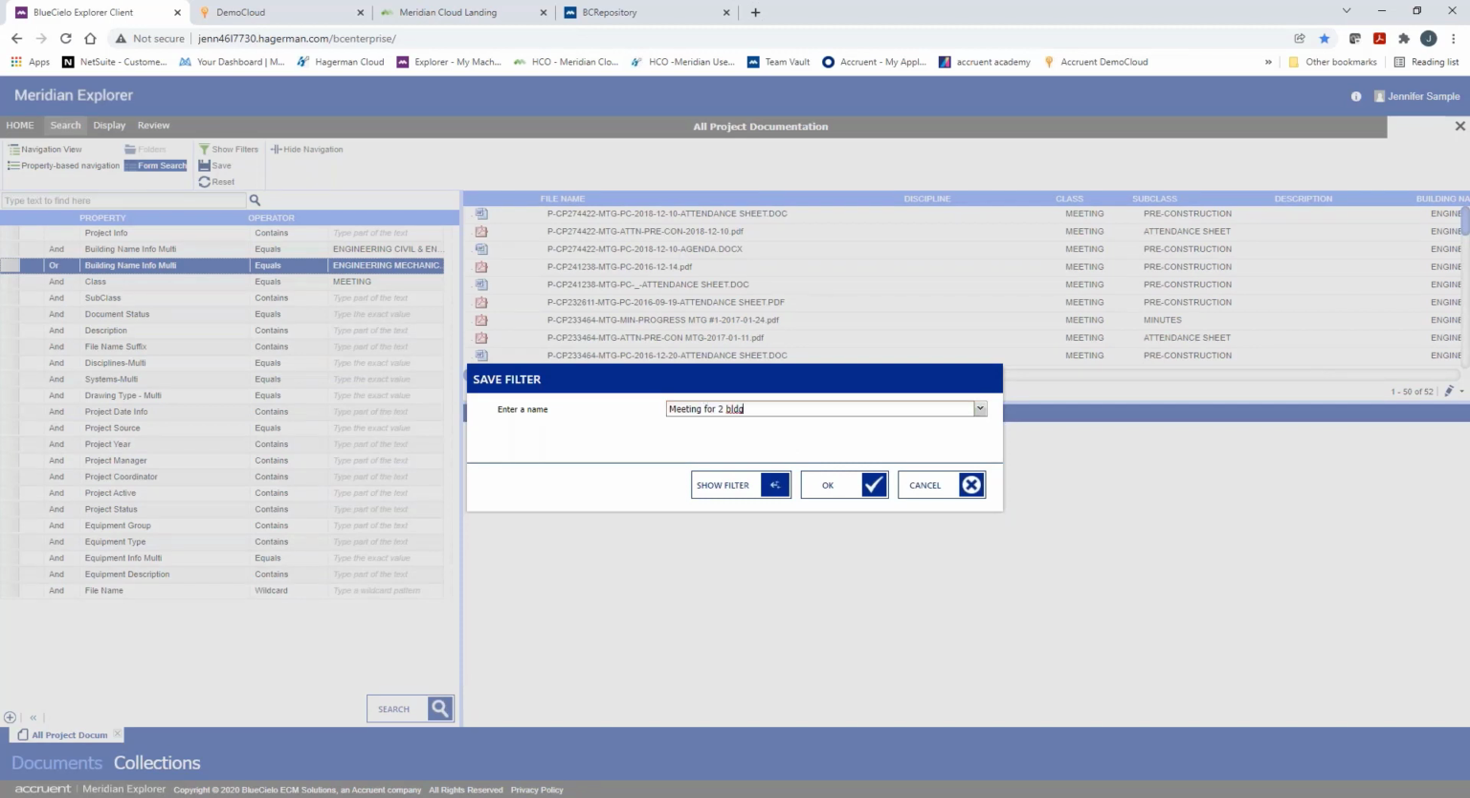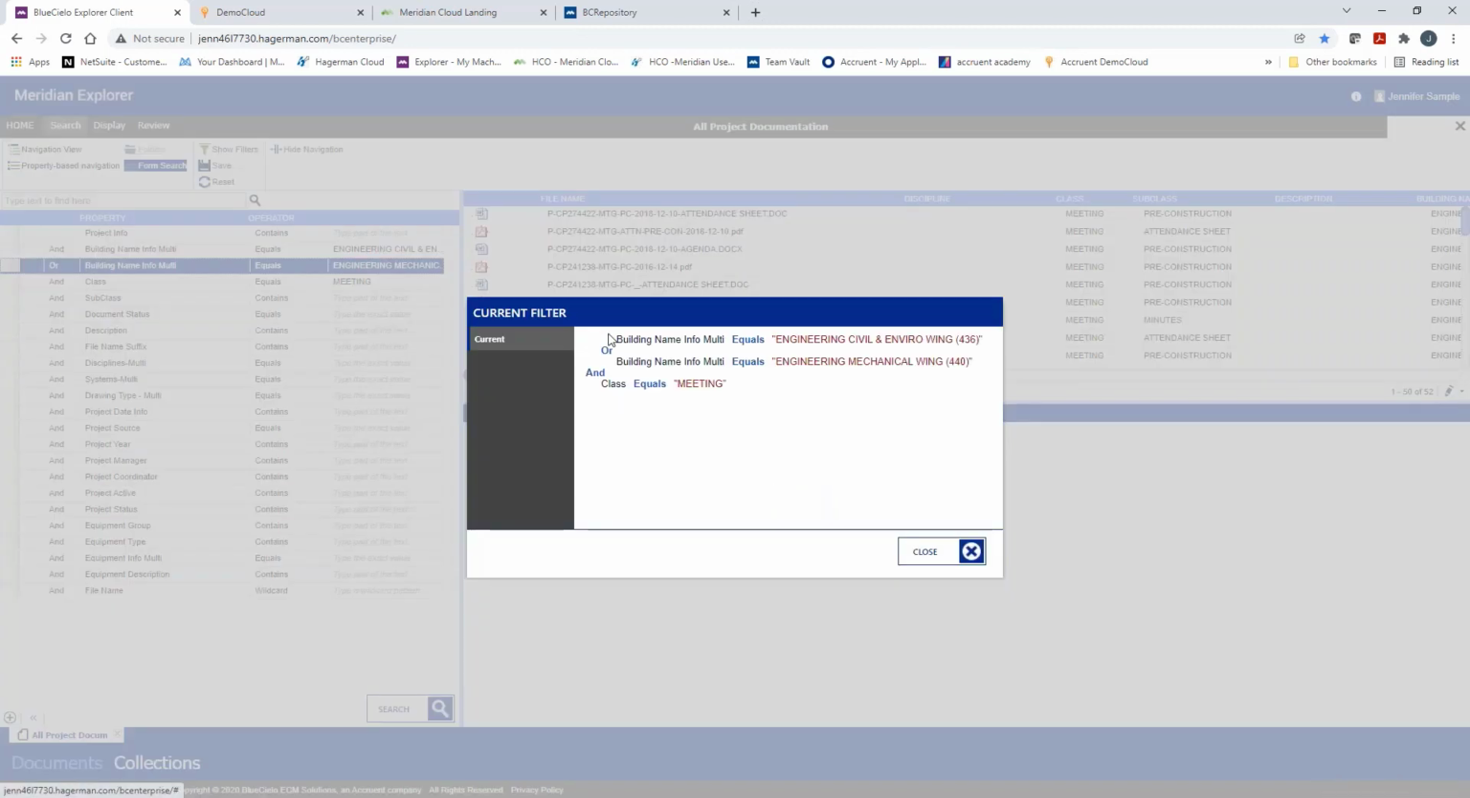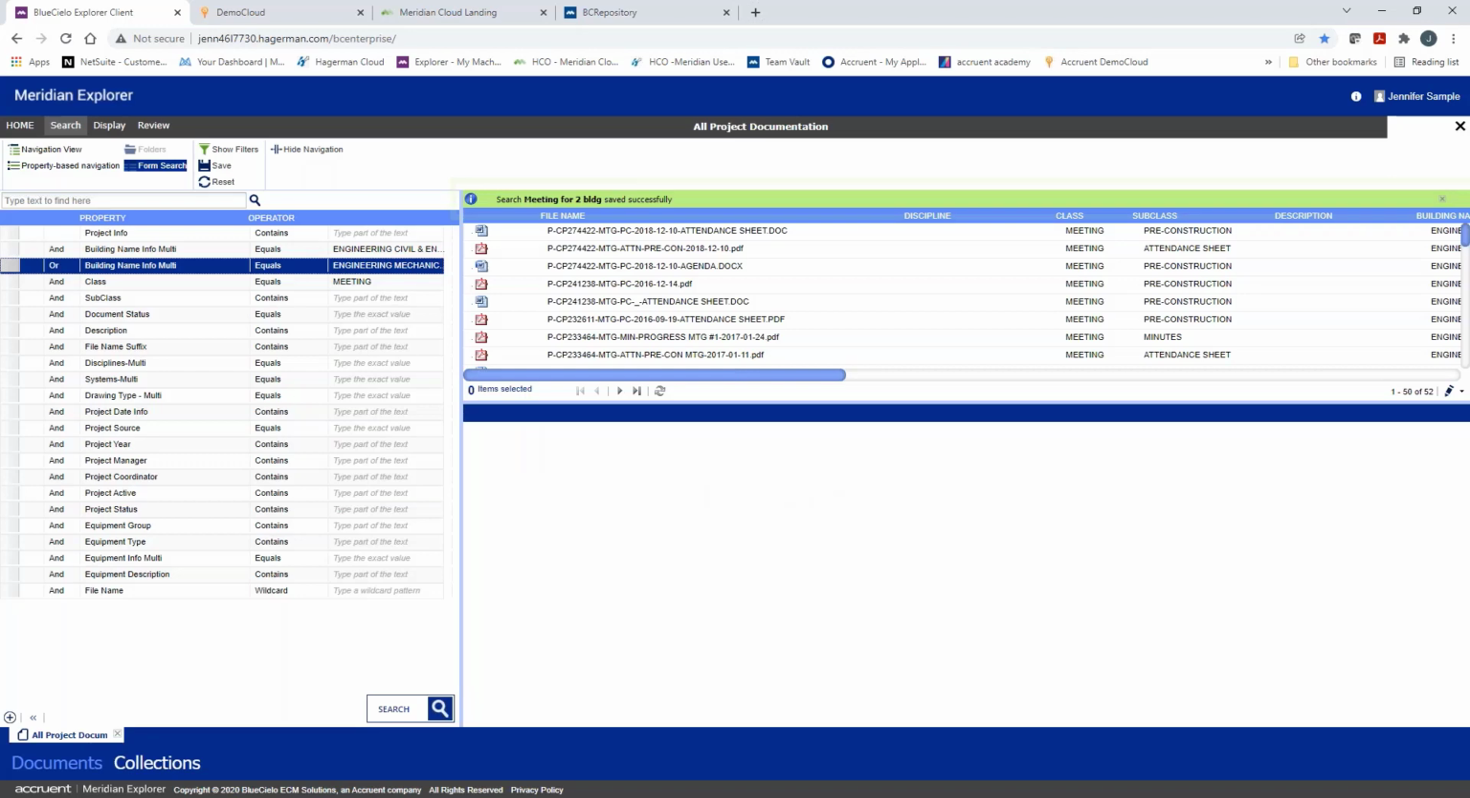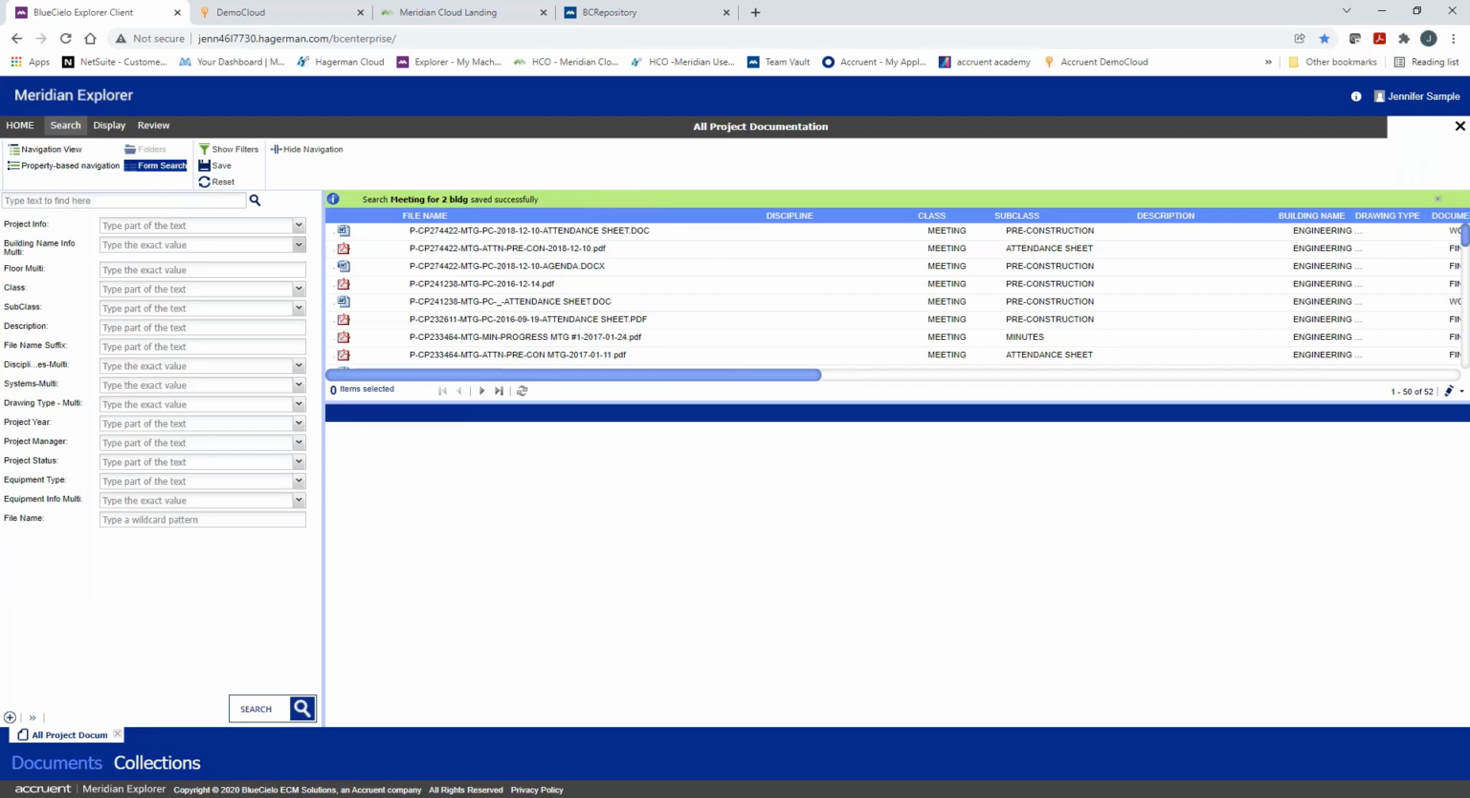And you can name it whatever you want. And you can actually show the filters. You can see, you know, you're on here, but you can look at it. So I'm going to save that, and it says that this search has been saved. You can do that here too. If you come in to,